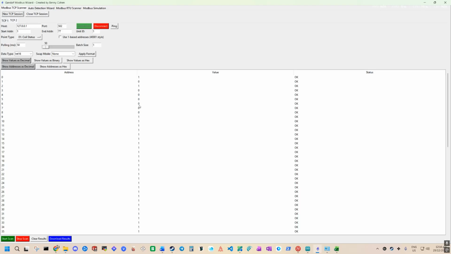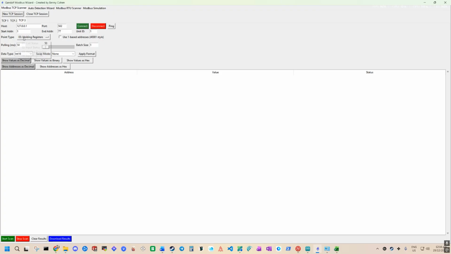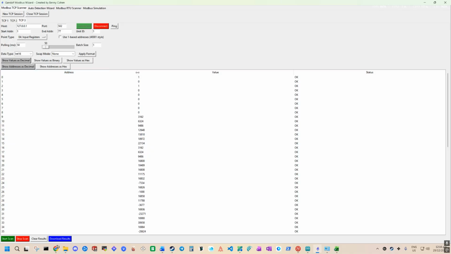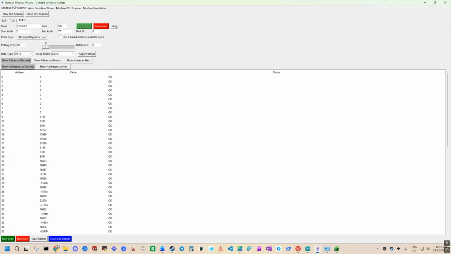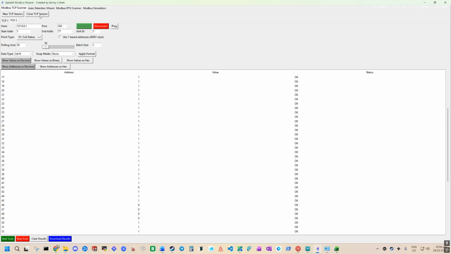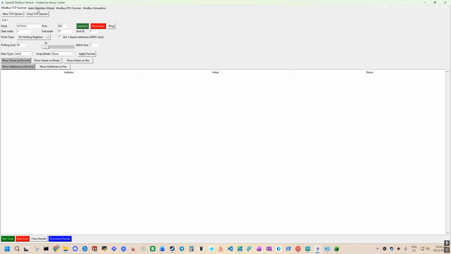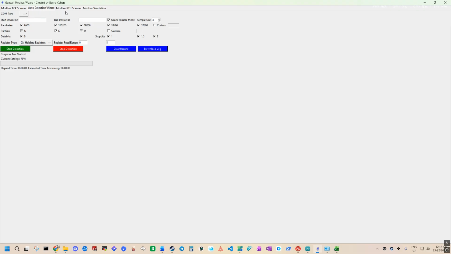So I only have 4 values over those that are changing, and the rest are zeros or ones, because they are much larger than one. You just get one. And yeah, you can do another session and do input registers, connect. Those ones will just be the same as the holding registers, programmed to be just a duplicate. And yeah, you can close the sessions, and I'll move on to the biggest selling point, in my opinion,